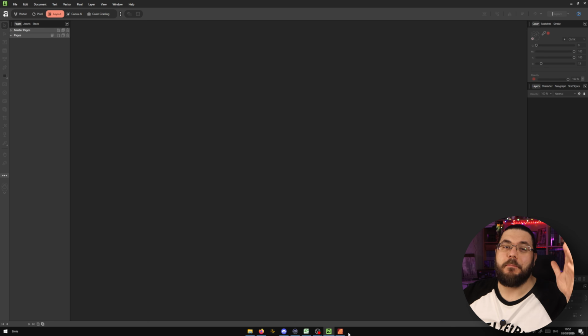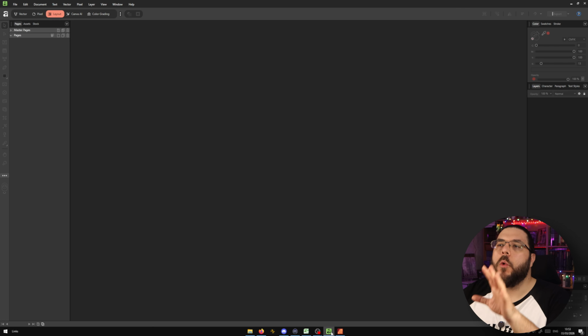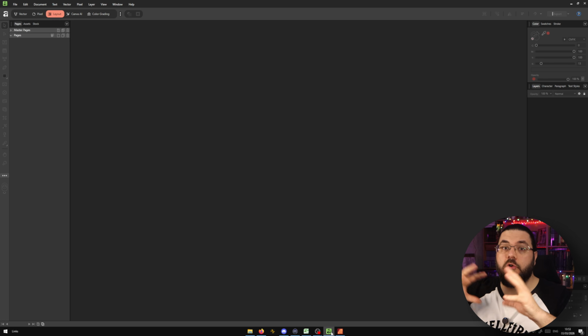You have the panel on the left, which is where you'll find your pages, your assets, and then anything else that you pin there. You have your main working area in the center where you put your boards or your spreads. So I think the first thing that I want to do is import some of the